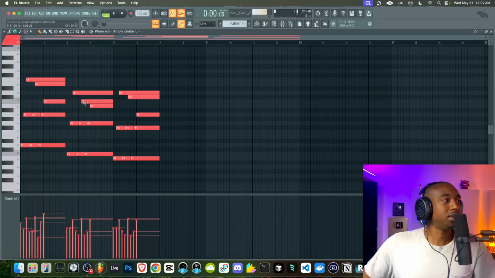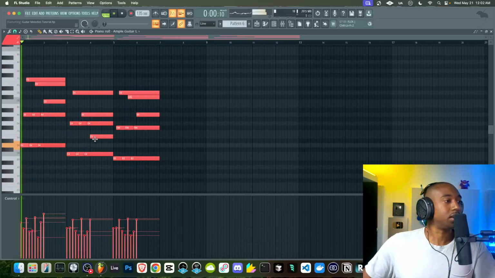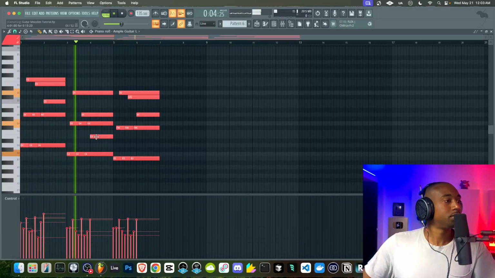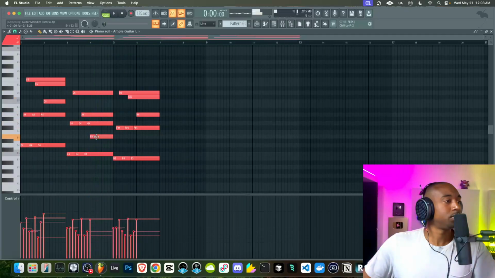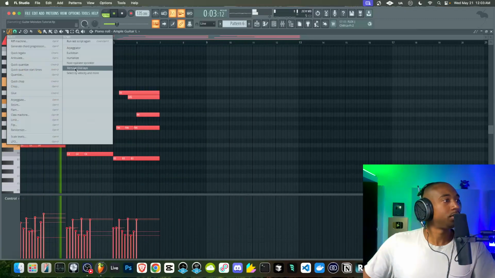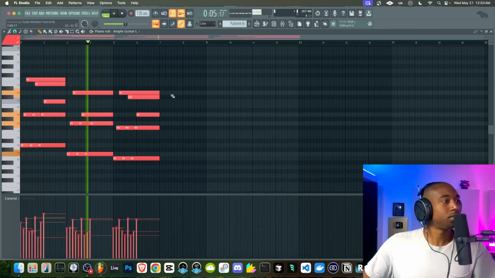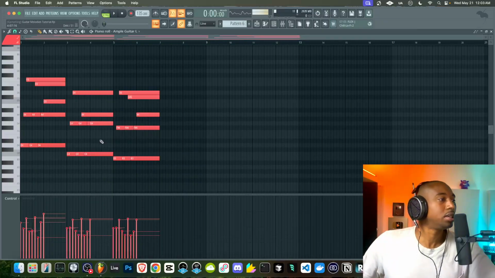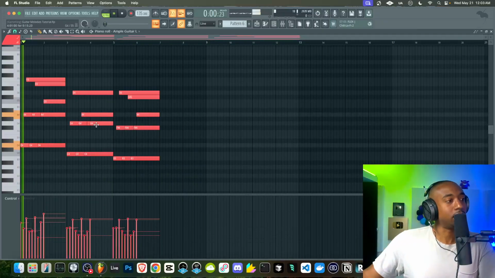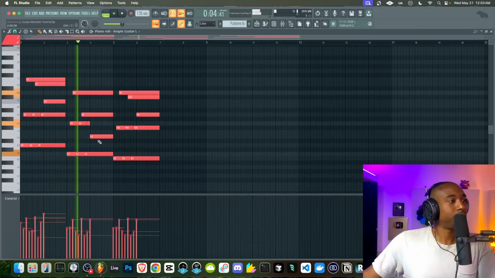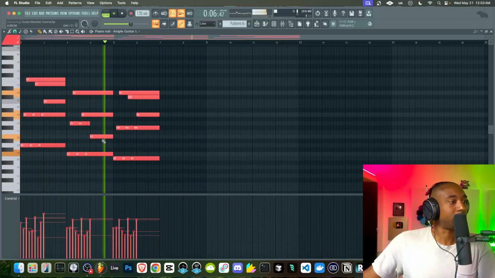See how that's too happy? My ear wants to hear something darker. This doesn't have enough pull for my ear, so we would have to add something in here. It's a different part of the chord. Something like that.